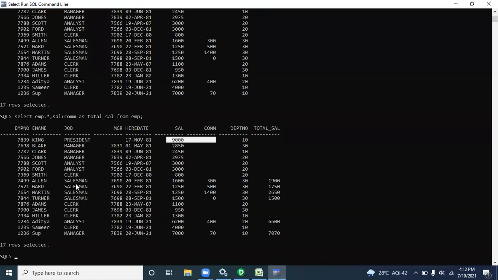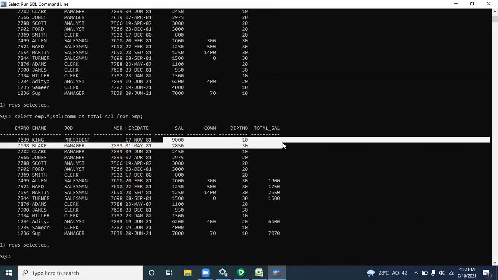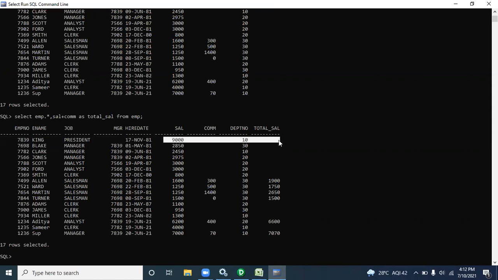We are getting total salary first value as a null. Null means there is nothing. It doesn't mean a particular value. We don't know the exact value because it's an infinite value. In mathematics everyone knows about infinity, right? Infinite value is maybe maximum, maybe minimum, but we don't know the exact value. So for that reason, in a database null means infinite.